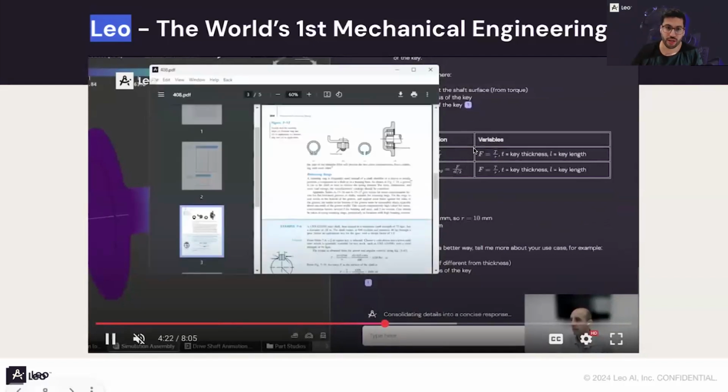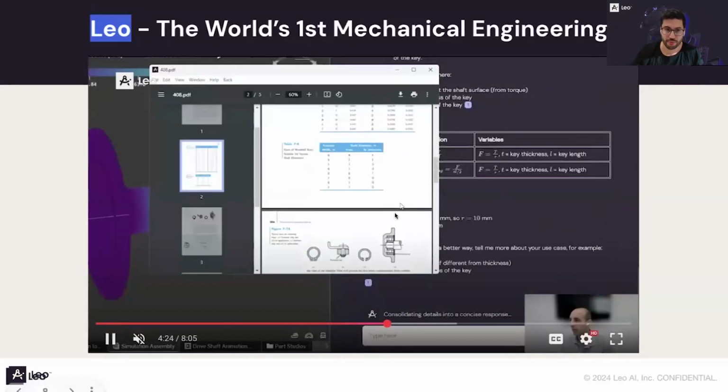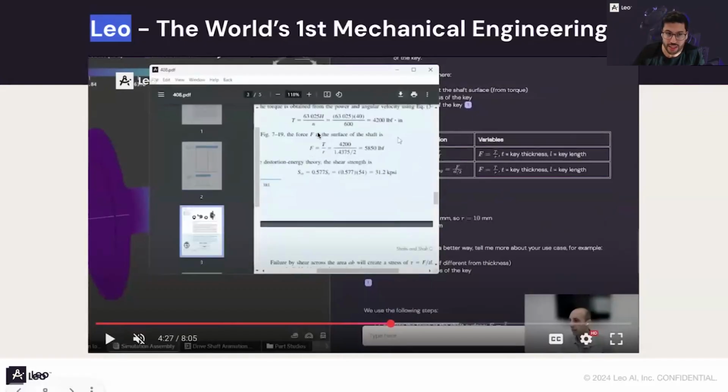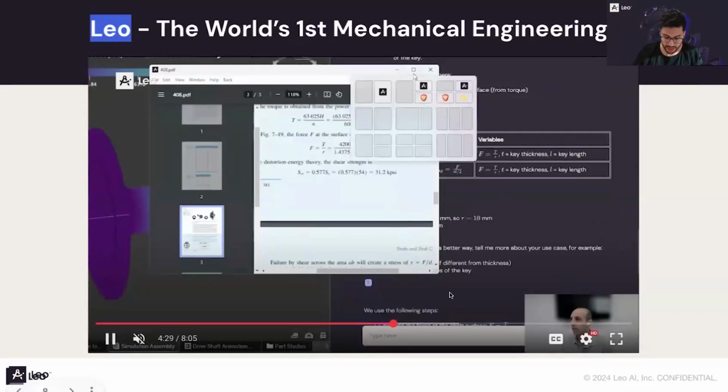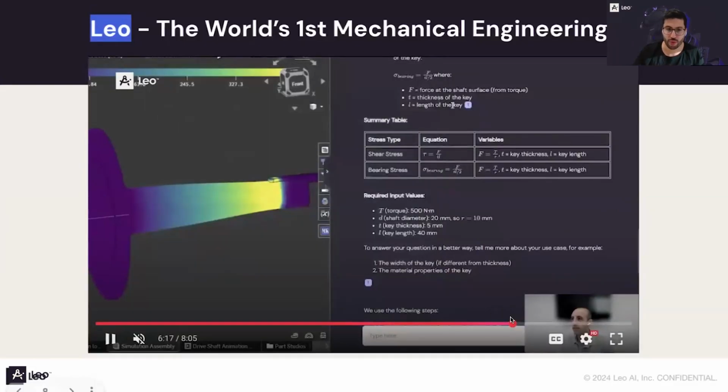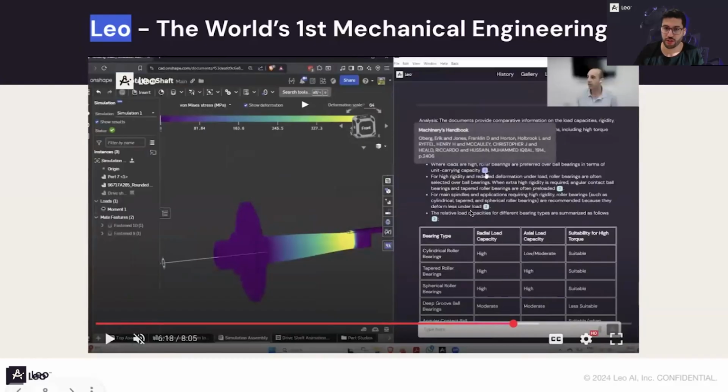Here, for example, when you click on the source, Leo opens up Shigly in the right book, and you can see that the formulas fit. So you don't even need to scroll inside the book, right? This is how the reference from external sources looks, and this is how it looks from your local sources. You see the green ones are from your local guidelines and sources.